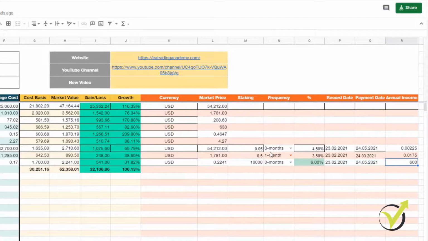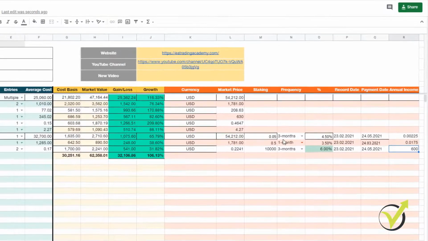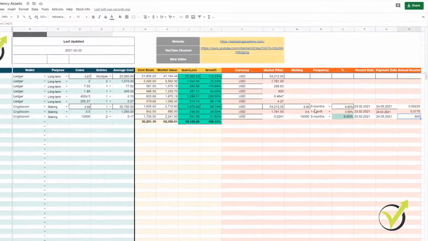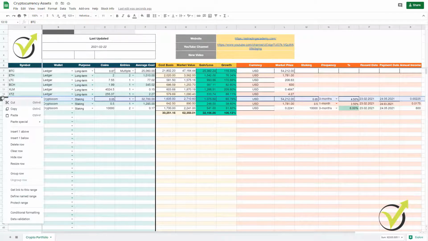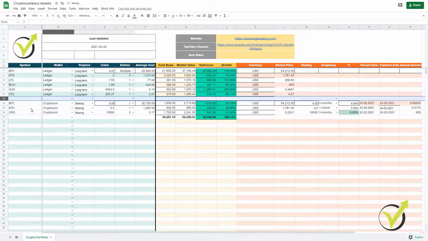Okay, very simple. Actually, the whole spreadsheet is simple. I don't like to make it too complicated because it will take me a long time. All I do is just whenever I add an asset, I buy an asset, I would simply enter one row, and then I will enter the values and they will calculate over here automatically because it's formulas. And as well, if I do staking, I will complete the second half of the table.